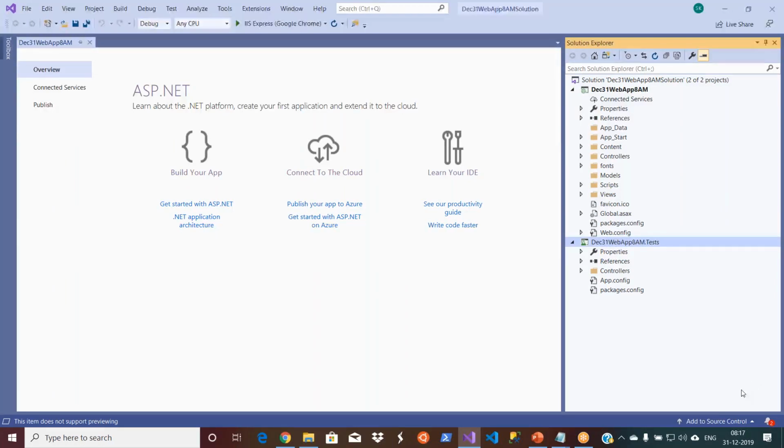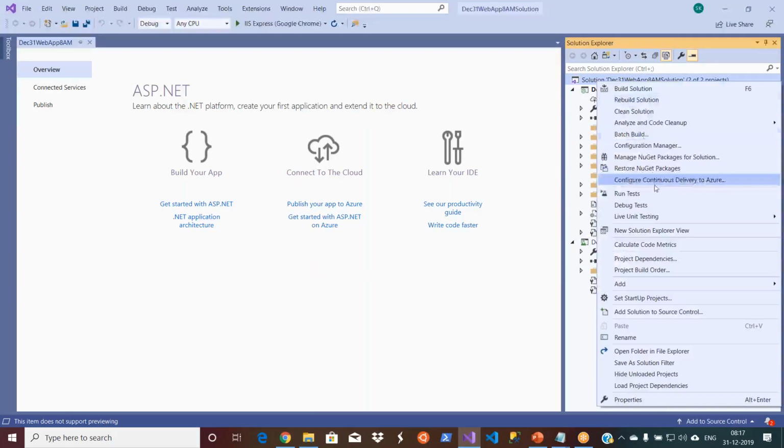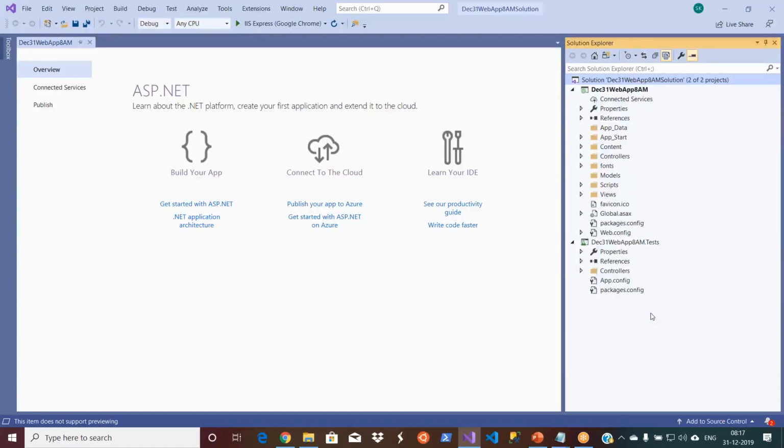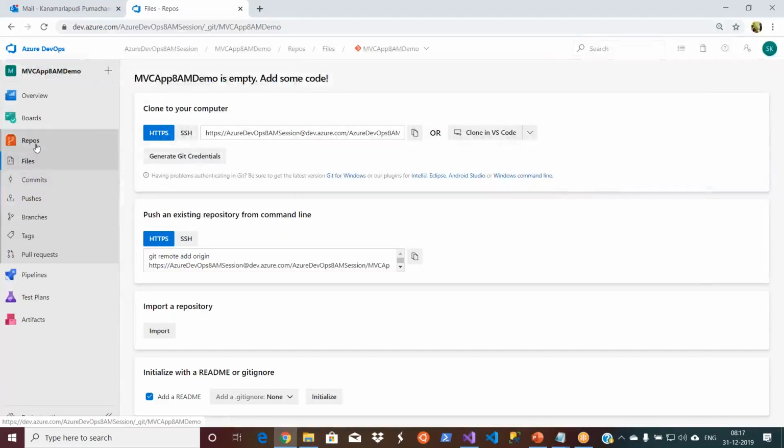You can do it in multiple ways. Either you click on add to source control at the bottom, or you simply click on the solution, because I want the entire solution, and go to add solution to source control. These are the different places where you can add your solution to source control. Now it's been added, December 31st web app 8 a.m. solution, and the default master branch is being created, but this is on my local. This is not on the servers. We already saw it. Let's go ahead and, okay, if you want to verify it, anyways, we are here.